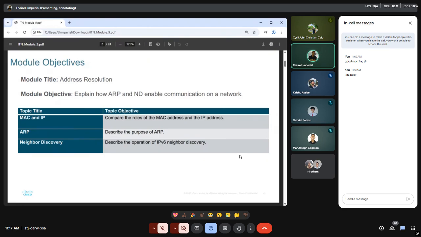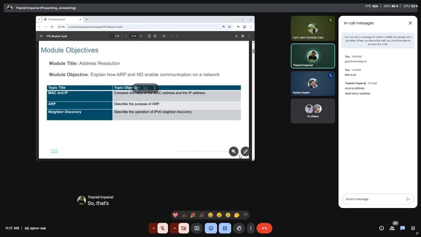It requires the source address and the destination address. That's basically handled by the switch.